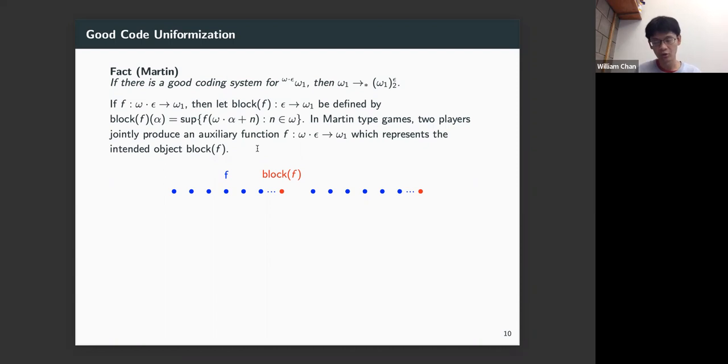So doing it this way, since the losing player's move always dominates the winning player's possible response, when you take the block of it, it's actually player 2 that completely controls the identity of the block of f. So although the person who had the winning strategy controlled the properties of the intended object, block f, it's actually player 2 that determined what block f will actually be. And using this sort of idea